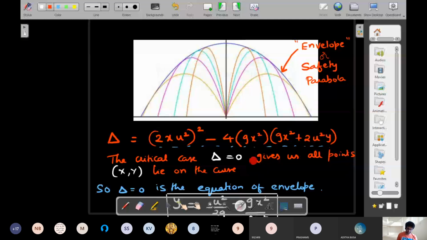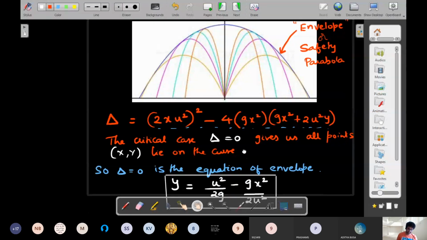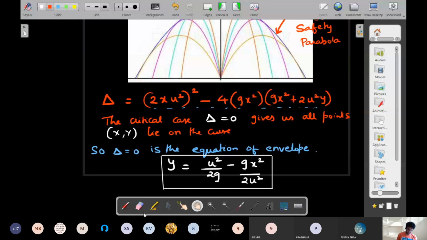And the second point that you can get easily is the maximum range in the horizontal direction, okay, right? So if you had thrown it at 45 degrees, then it would go a maximum distance in this direction. So that you would get from y is equal to 0, which is nothing but u square by g. You could see if I put y is equal to 0 here, you get u square by g.